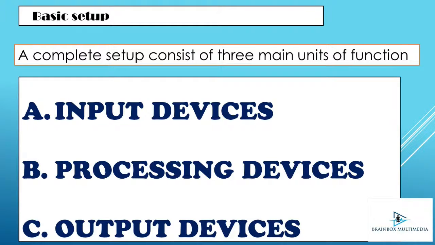And then secondly, just like a typical computer, we have processing devices. Once an input device is able to send an audio signal to you, it gets to the second stage within the production line where we process the sound. Process here means it is at this stage that we are able to EQ, compress, put limiters and gates on it, and normalize frequencies and all that. All these things that we do to the source of sound, we are processing the sound. And there are devices which help us to do that.